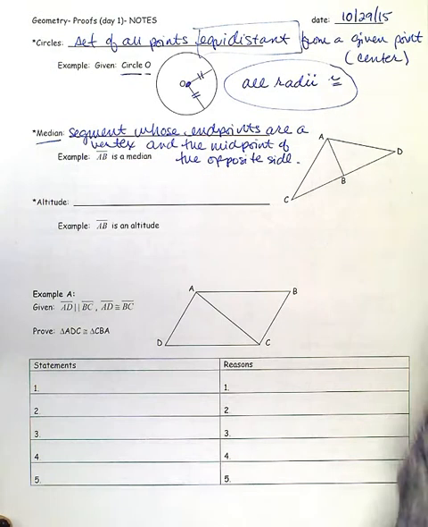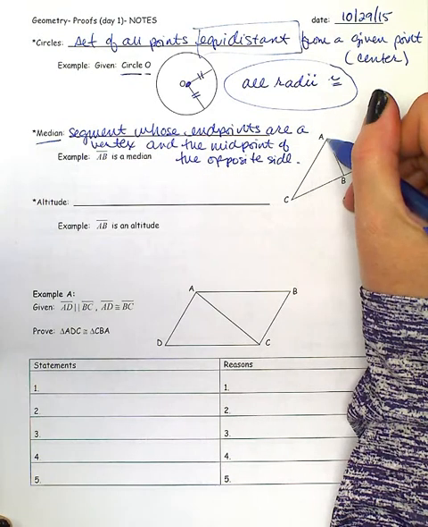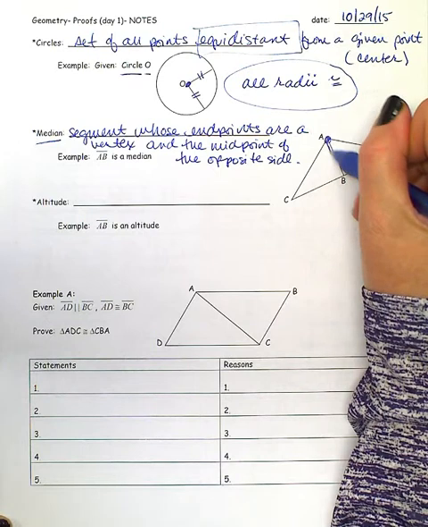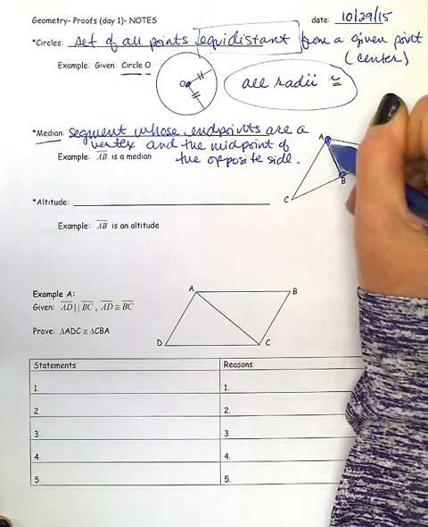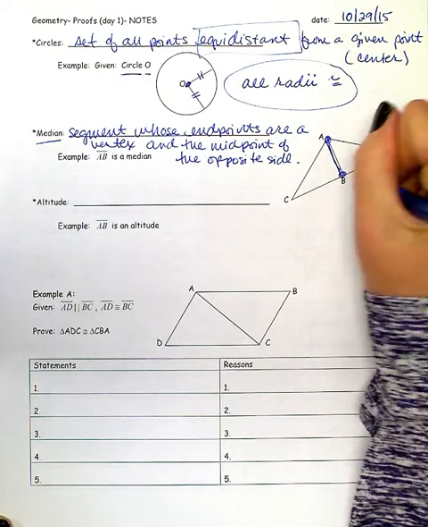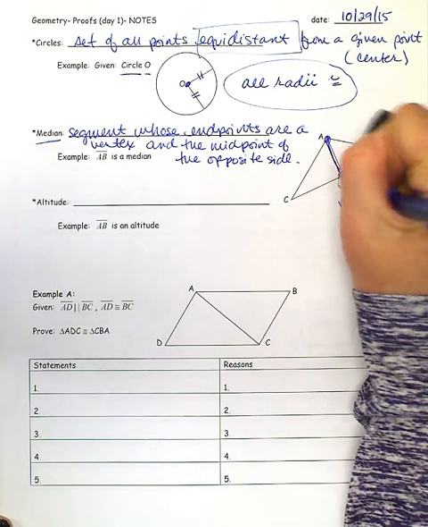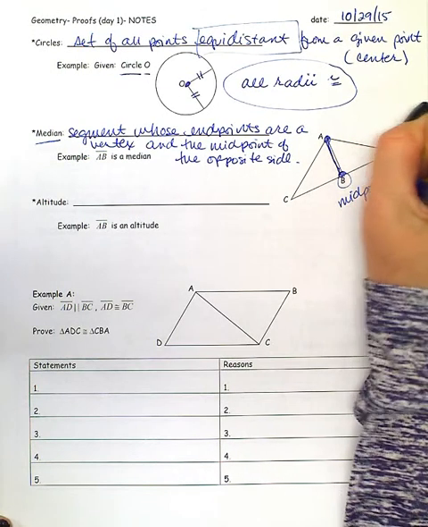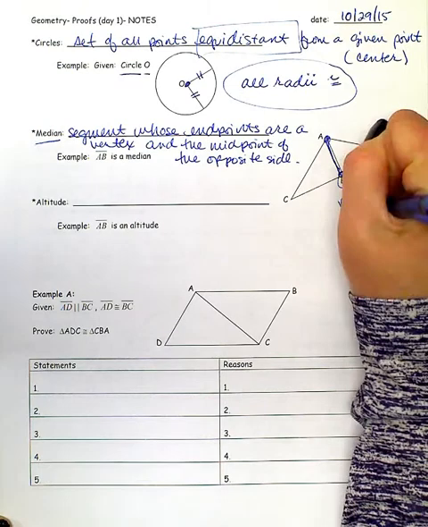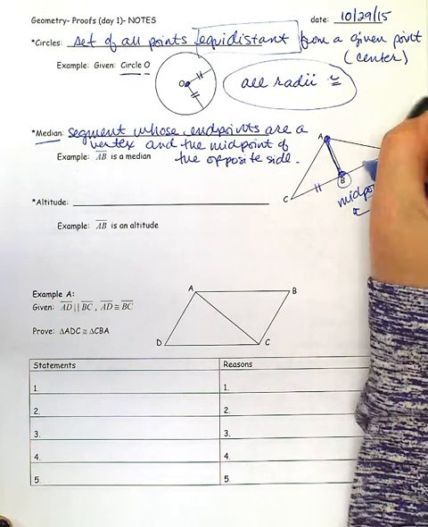A segment whose endpoints are a vertex and the midpoint of the other side. And remember, midpoint is the point in the middle. So it's a point in the middle, which tells me that CB is congruent to DB in this case, since